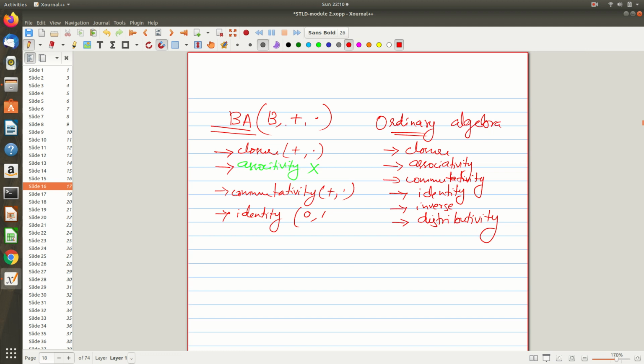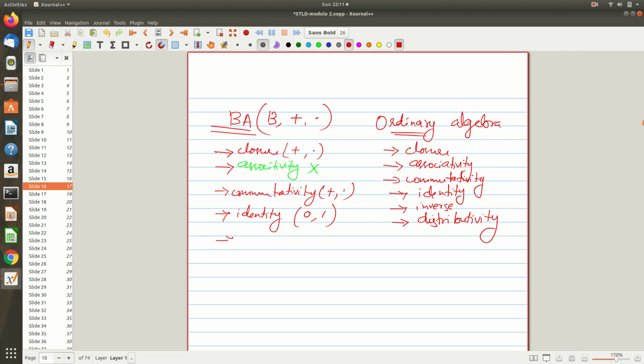It can be anything from the set B. That should be unique, and you know the requirement for an identity. Any element operated with the identity should give you that element. Accordingly, any element from B can serve as the identity. We denote the identity for plus as 0 and for dot as 1. It is not your binary 0 1, it is not your decimal 0 1, it is just the representation of the identity element for the operators plus and dot as per our Boolean algebra. That's all. I am repeatedly saying it, so it has to be clear in your brain.